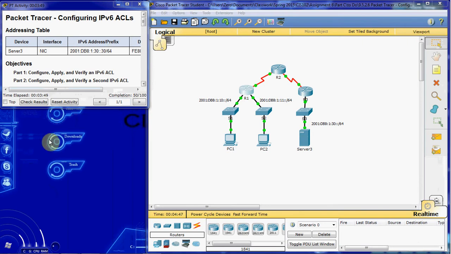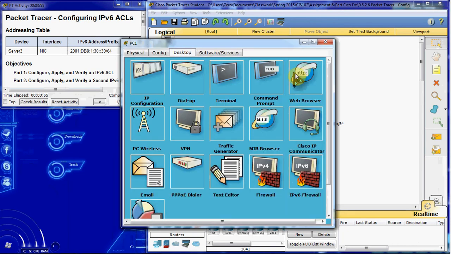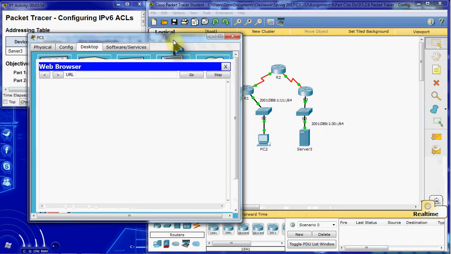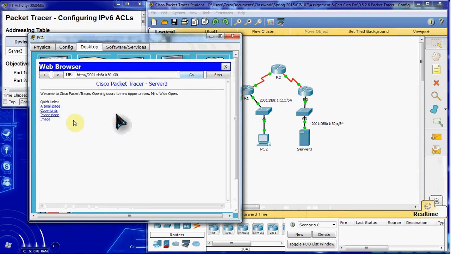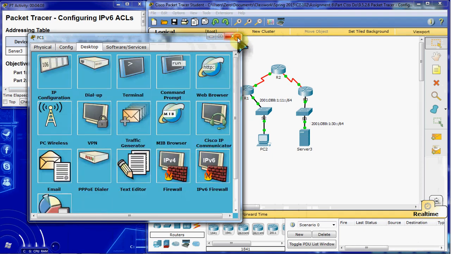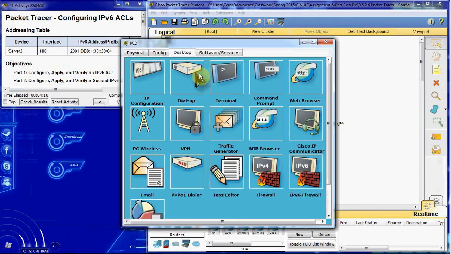We want to verify that the ACL is working correctly. So we'll start in PC1 and go to its desktop web browser to make sure that it can still reach the server for web access. And we'll start with HTTP, and we can still load the page there. So we'll check PC2 next,